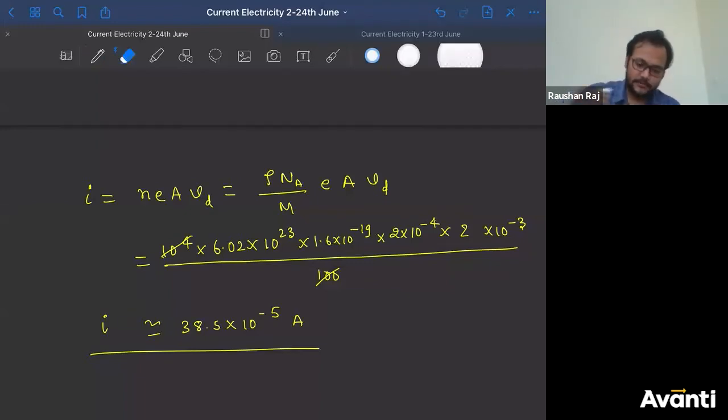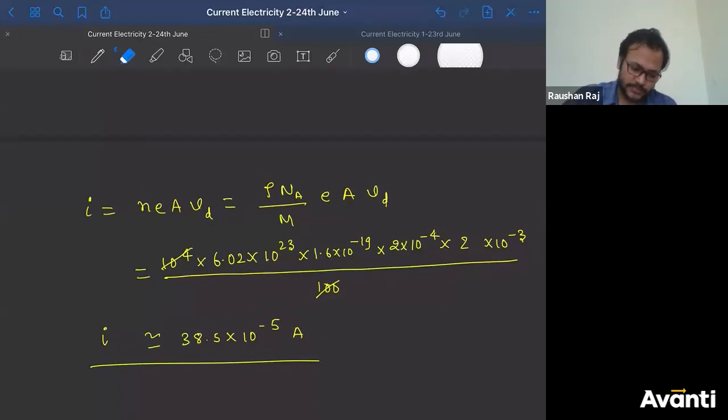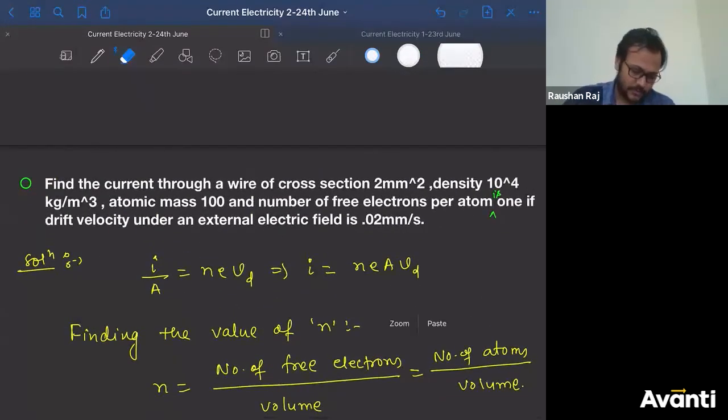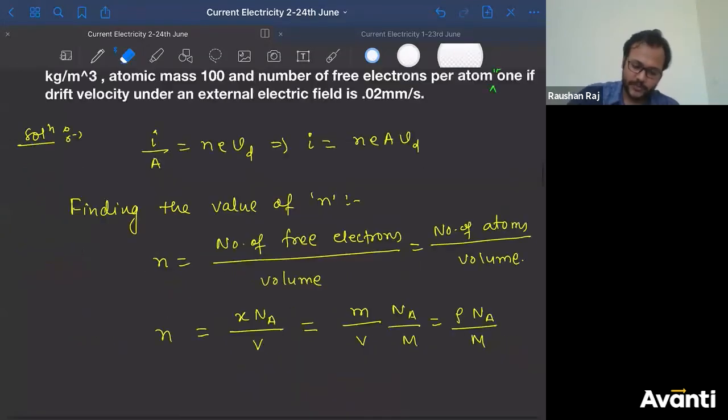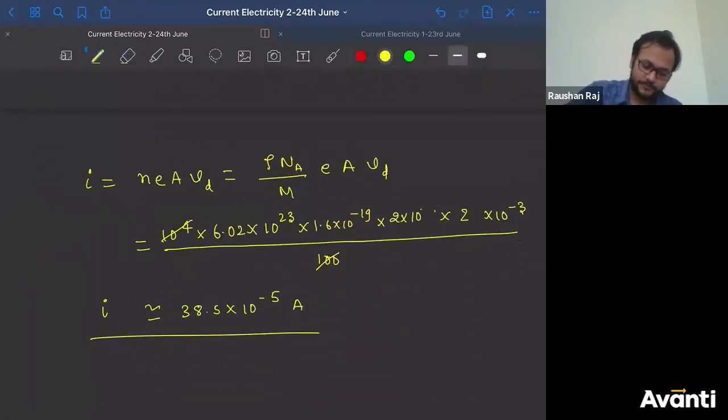Yeah, it will be... what is that? What is the area? 10 to the power, okay. Area is 2 millimeter square. Yeah, so it will be 10 to the power 6 only. No problem. It will be 10 to the power 6. I thought of centimeter. Yes, then it is correct, then no problem.